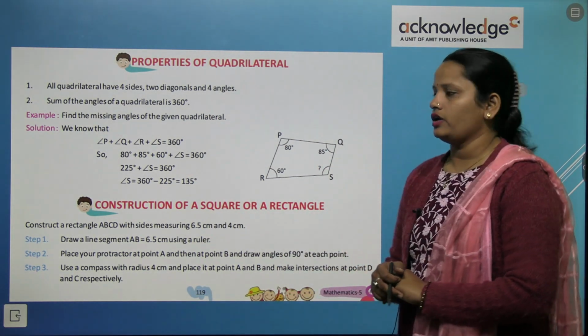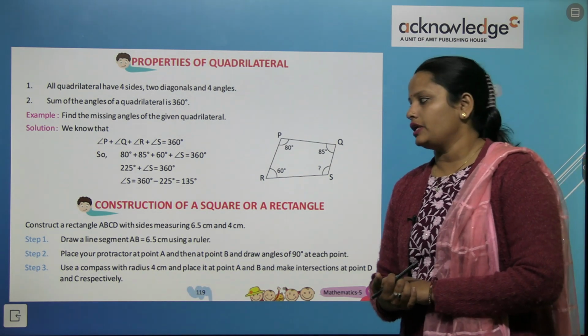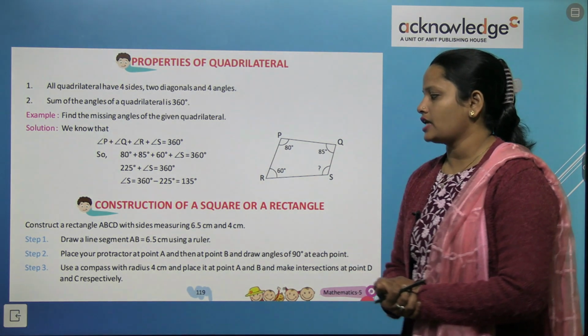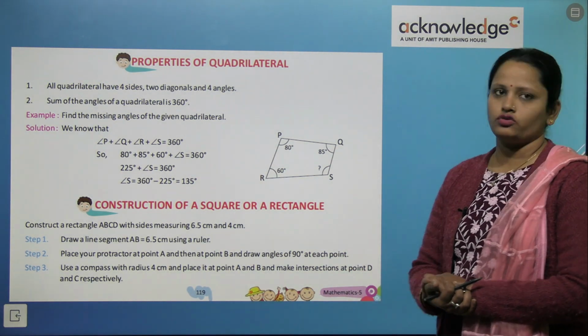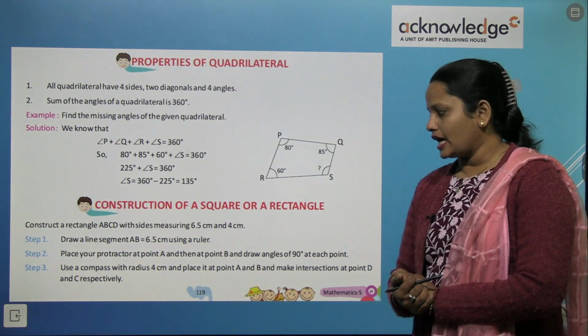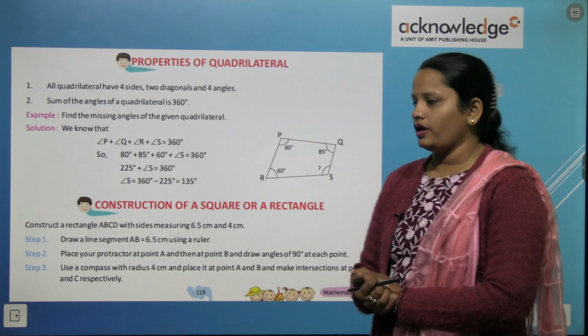Construction of a square or a rectangle. Now how can we construct a square or a rectangle? So for constructing a rectangle ABCD with sides measuring 6 cm and 4 cm. हमें क्या बनाना है? एक rectangle बनाना है जिसमें एक साइड उसका 6.5 सेंटीमीटर का और दूसरा 4